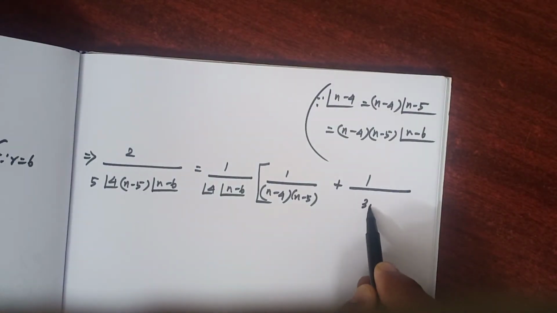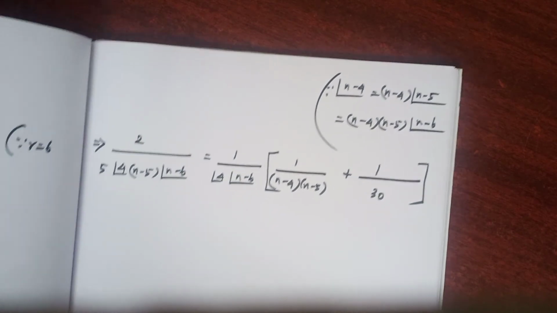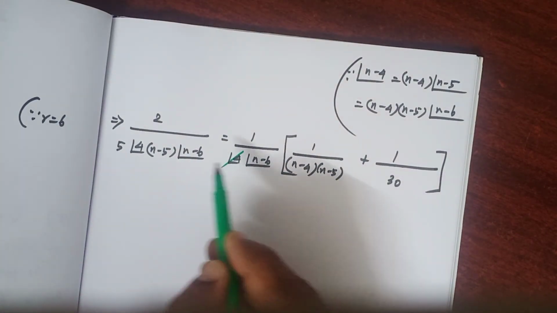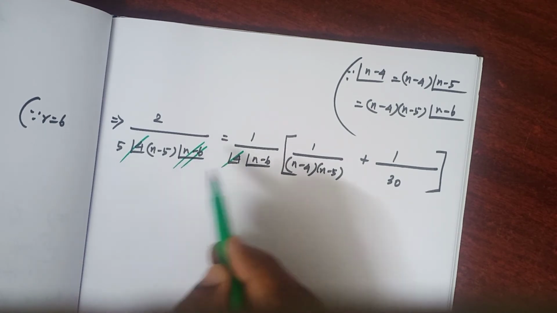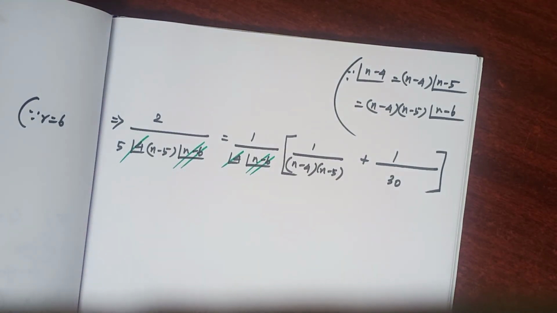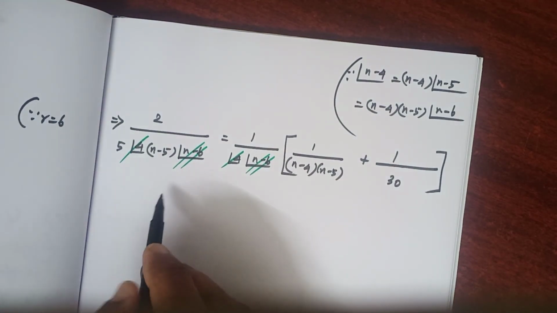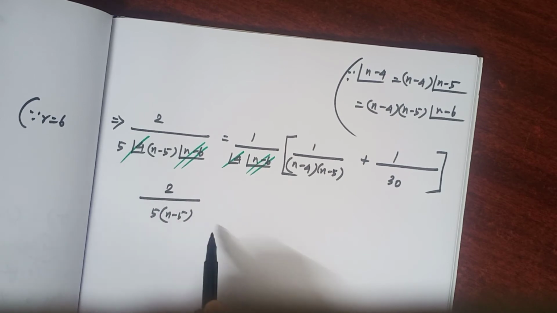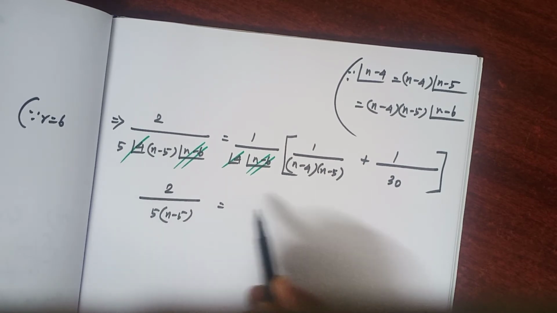Write 30 in the denominator. Now, 4 factorial gets cancelled, n minus 6 factorial also cancelled. That is equal to 2 divided by 5 into n minus 5, that is equal to, here